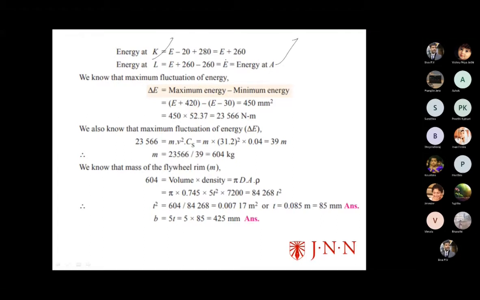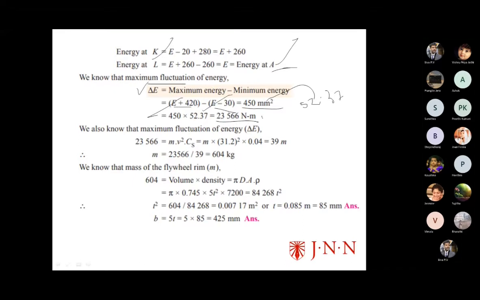So the L point equals the energy at the starting point. Now, maximum fluctuation of energy delta E equals maximum energy minus minimum energy: E plus 420 minus E minus 30. E minus E cancel, 420 plus 30 equal to 450 mm square. So 1 mm square equals 52.37, multiplied with this 450 is equal to